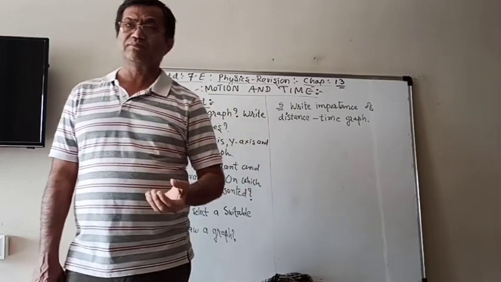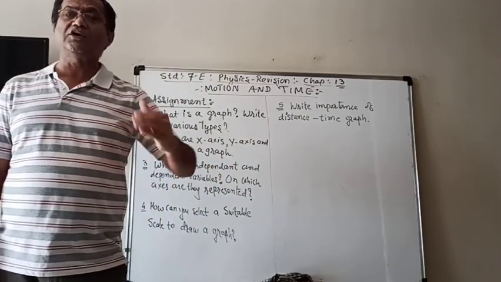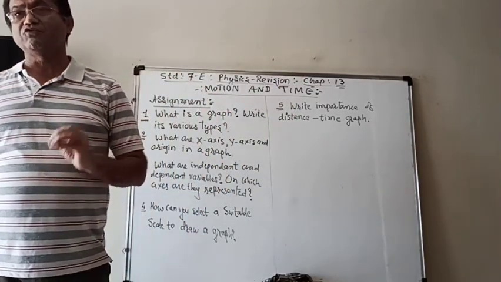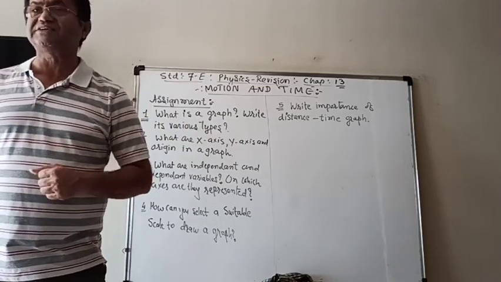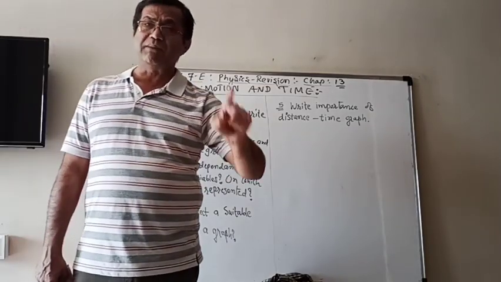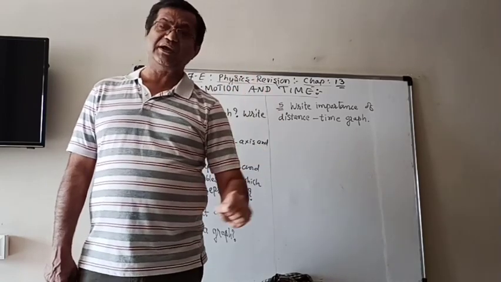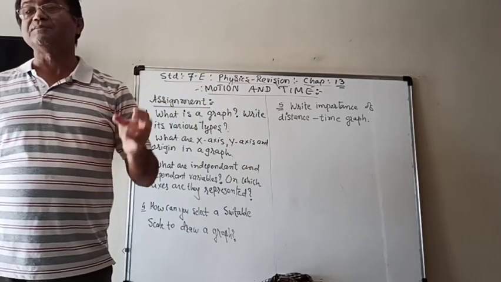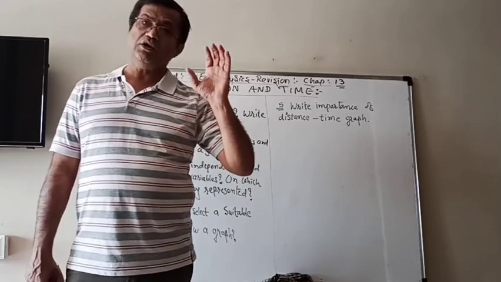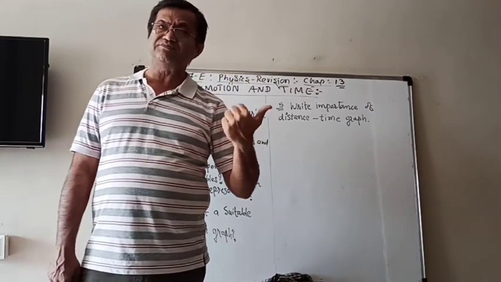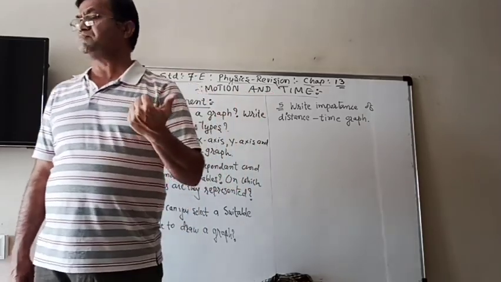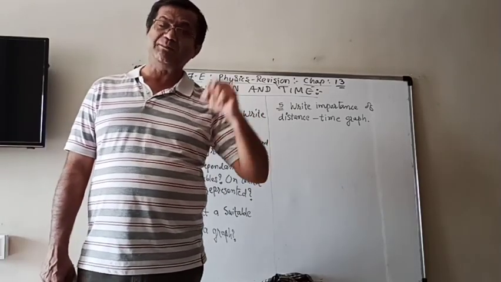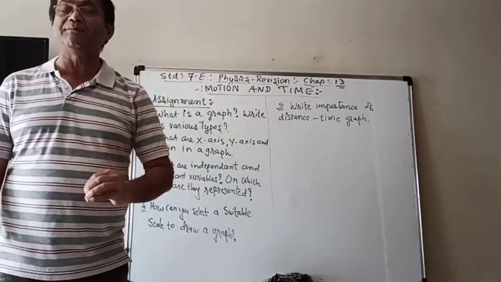We measure them according to time, and whether speed is increasing or decreasing, we measure with respect to time. So they depend on time. So time is the independent variable, but the distance covered, displacement, speed or acceleration, all others like that are the dependent variables. So variables are of two types. Independent means increasing or decreasing of it does not depend on any other variable, and dependent means increasing or decreasing will depend on an independent variable.